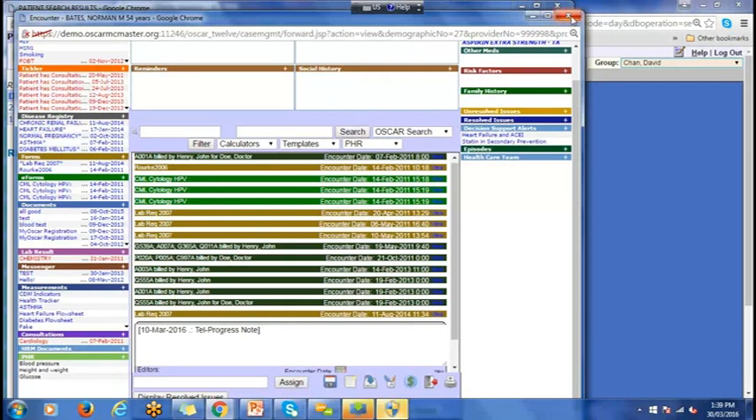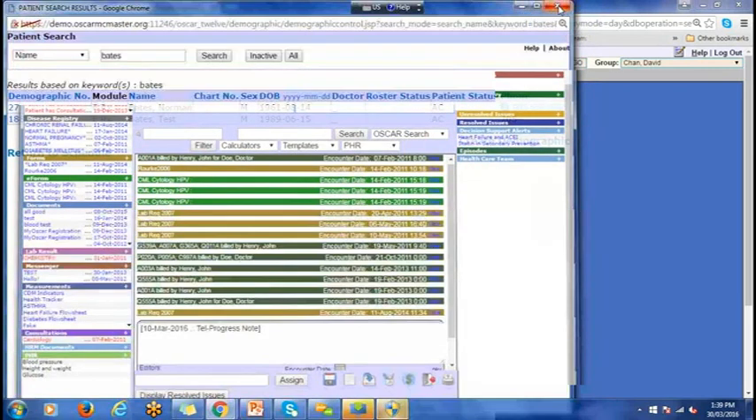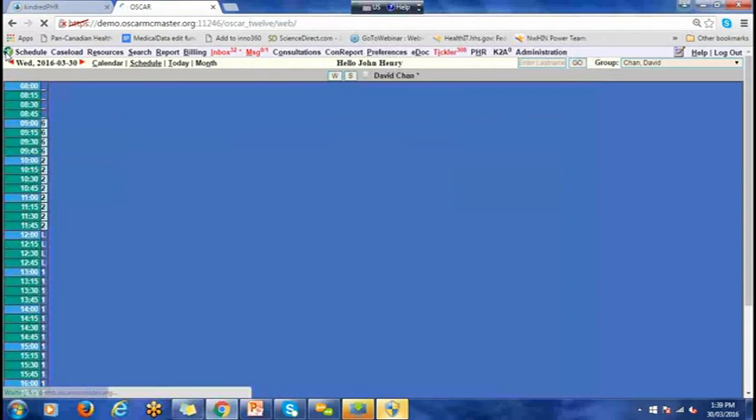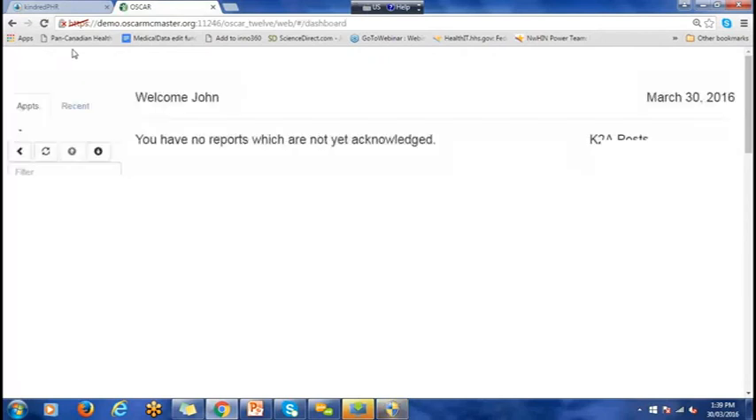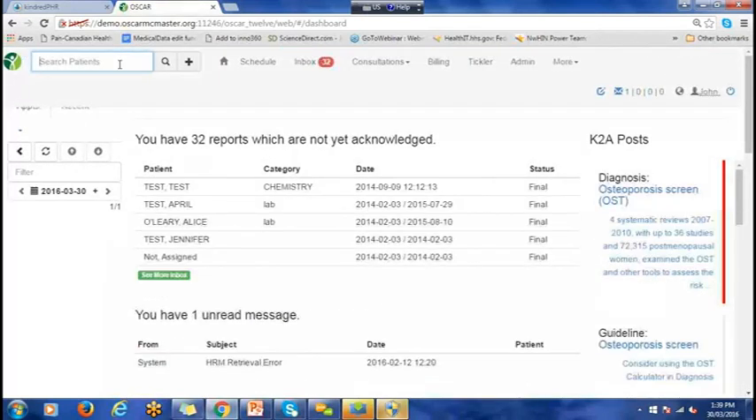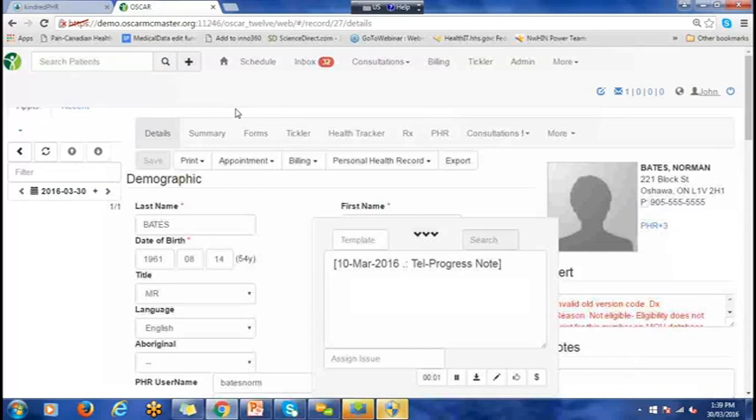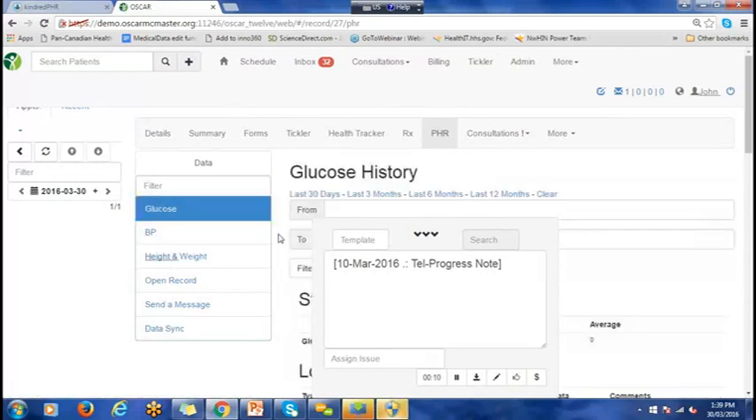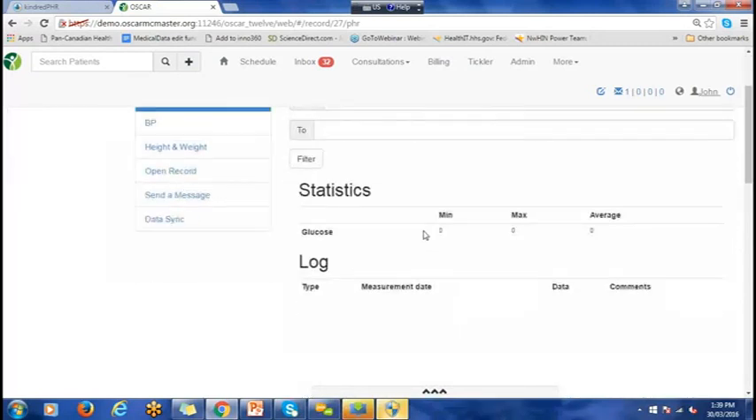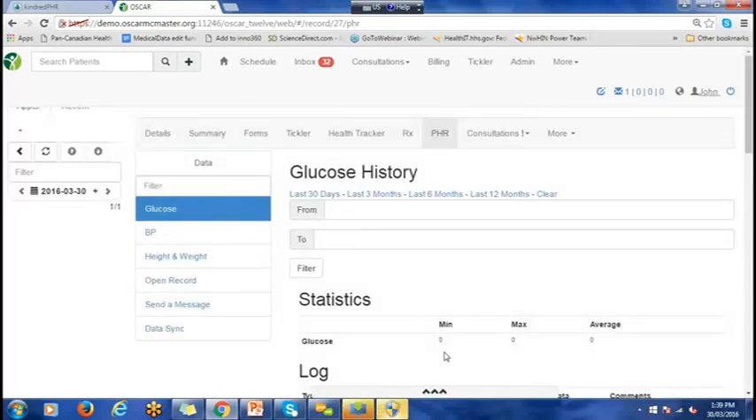And what I will also do is quickly switch over to the new interface and just point out where the similarities are, just so everyone's familiar with both sides. So if I were to go into the new interface and type in Norman Bates, I'll be presented with their new eChart, which also has a PHR tab. And in here, there's the ability to view blood glucose, blood pressure, height, and weight. So essentially what that will show them is any information that the patient has